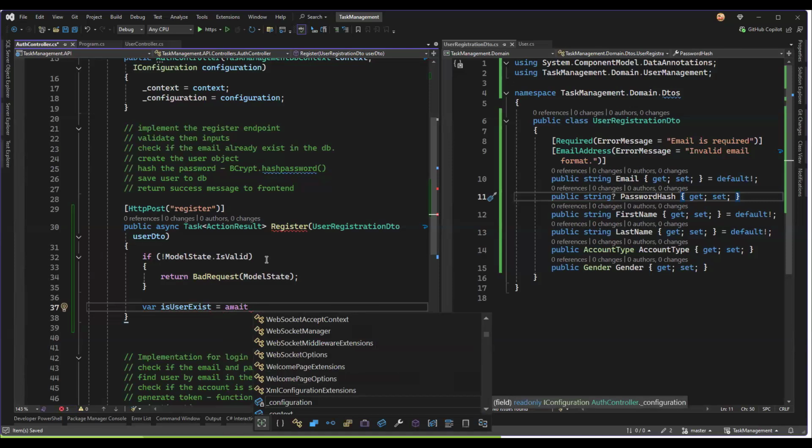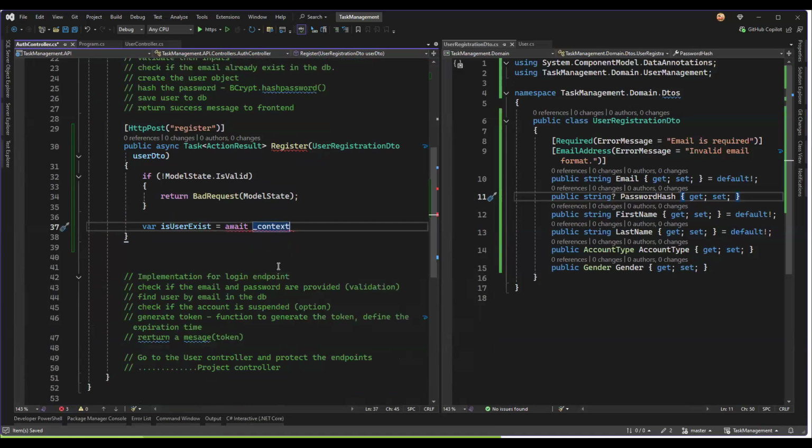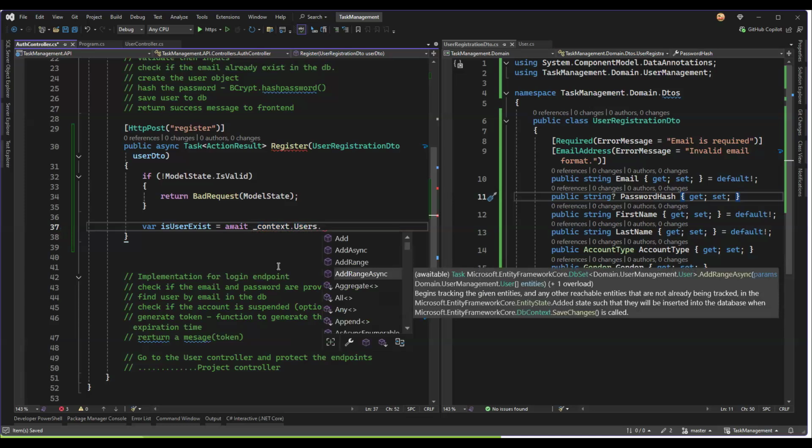What did we name our DB? Okay, context rather. Our context dot users dot